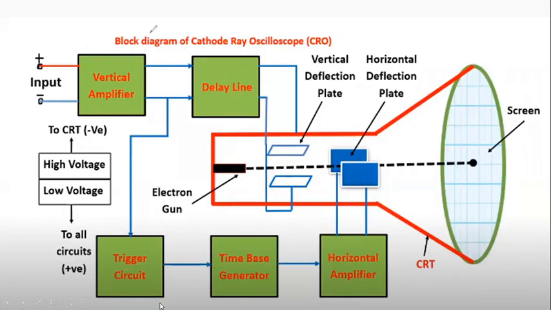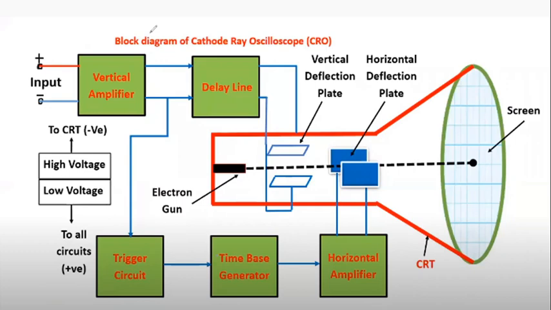Now, CRO is an electronic display device used to convert an electrical signal to a visual signal. This CRO is also used in laboratories and industry. It is also used widely in acoustic research, television production, engineering, and to study the nature of wave motion